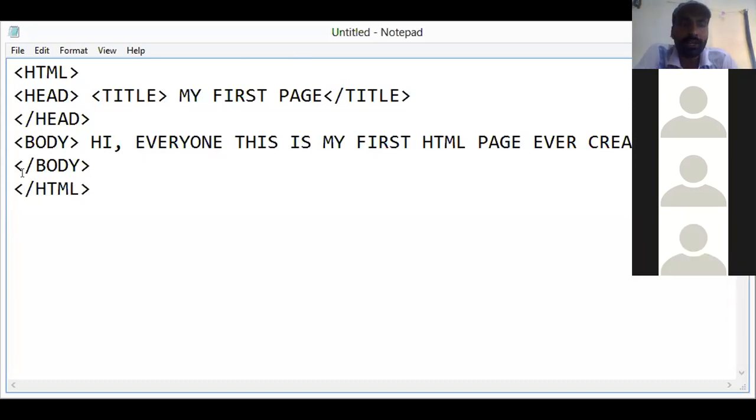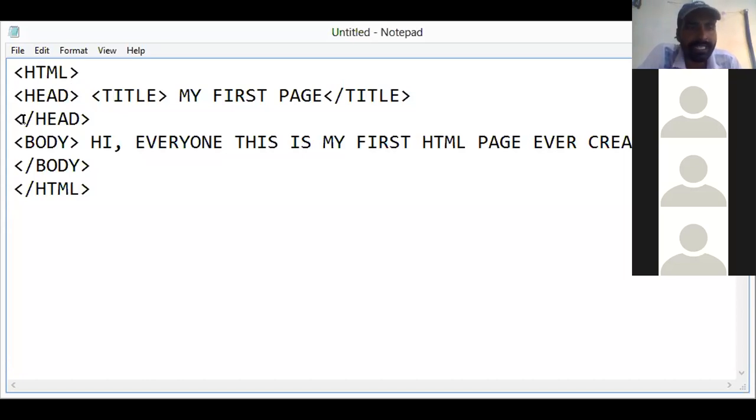So now you can see the structure of HTML. What is the structure of HTML? In HTML, first the HTML tag is written. Why? Because the HTML tag is compulsory so that the web browser can recognize that this is an HTML document, and then the web browser accordingly displays the content. After the HTML tag, we write the head tag. The head tag is used to show some contents on the top section of the page. And inside that, we use the title tag.